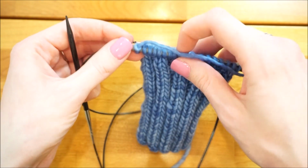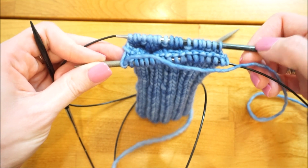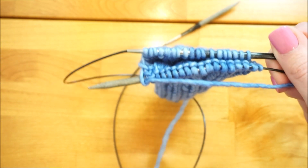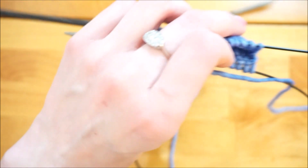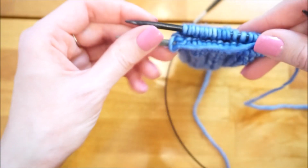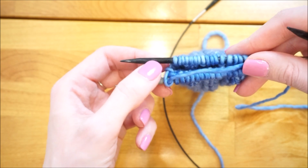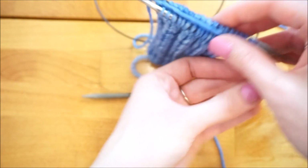Now that I've gone across that first side, basically it's like half my work's on one set of circular needles and half my work's on the other. So now what you want to do is pull the original set through so it goes up to the other needle point. So now you can think of it as your US 8 pointing left and your US 7 pointing left. Now I'm going to turn my work